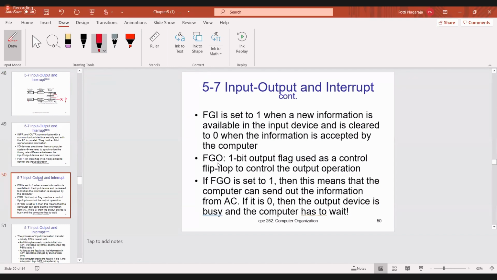Then FGO. FGO is a 1-bit output flag, and if FGO is set to 1, this means that the computer can send out information from the accumulator to the output register. If it is 0, then the output device is busy and the computer has to wait.